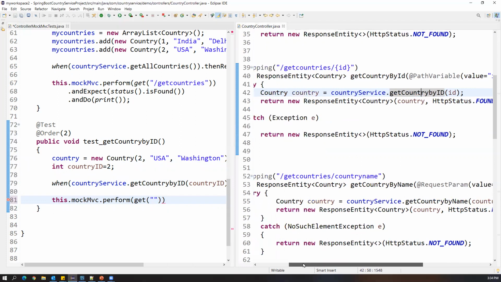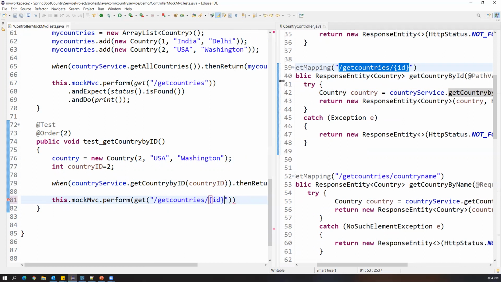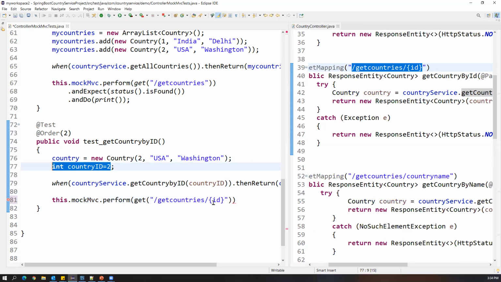So this is the URI, slash getCountries ID, that we need to copy as it is. But one more thing we need to pass here: this.mockMvc.perform get country slash ID. Here we have to pass the ID also. ID is just a variable, but the value we have to pass. So here, comma, this ID we have to pass.